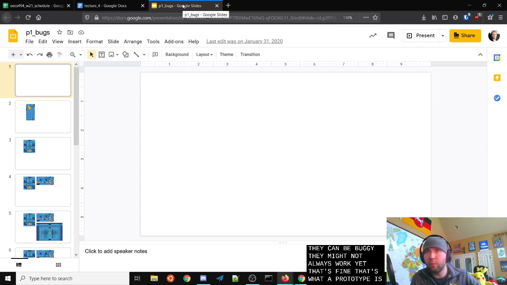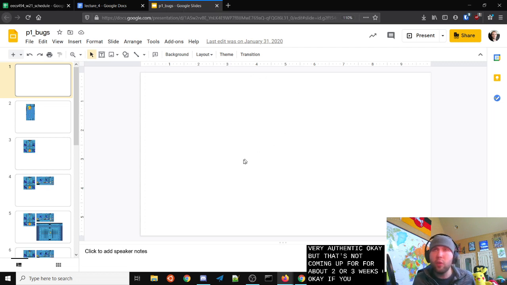And if you look in the rubric, it says basically if the task exists, if it's in the game and is somewhat recognizable, you're getting those points, even if it's super buggy. There is no column for bugginess on your P1 milestone rubric, okay? On P1 Gold is when everything needs to be bug-free and very authentic, okay? But that's not coming up for about 2 or 3 weeks, okay?